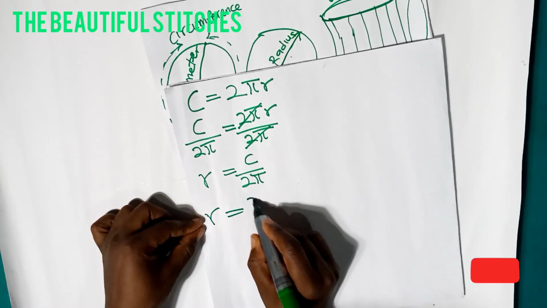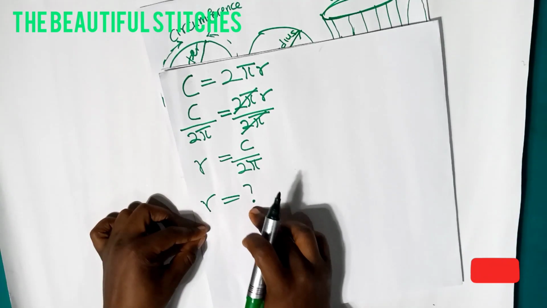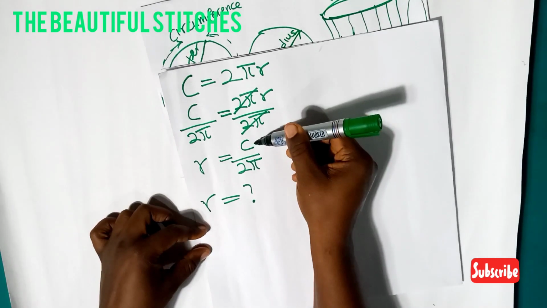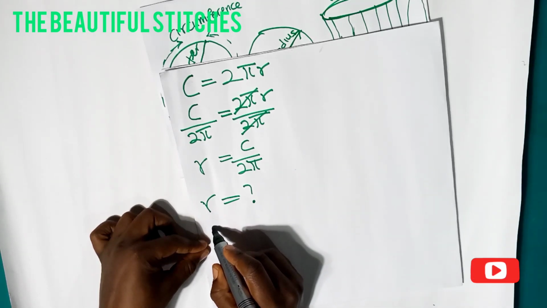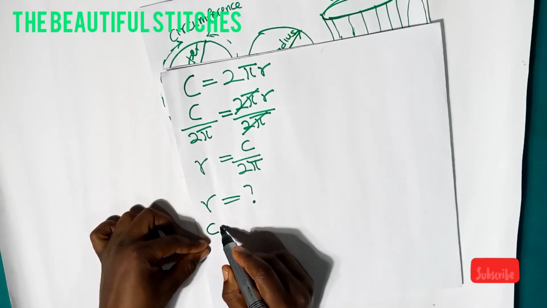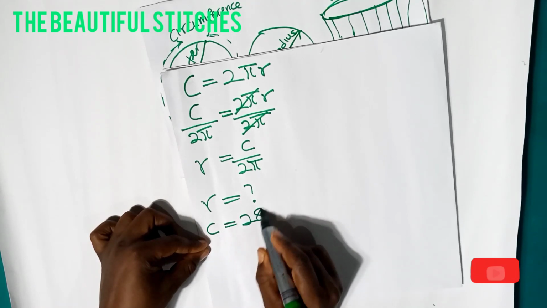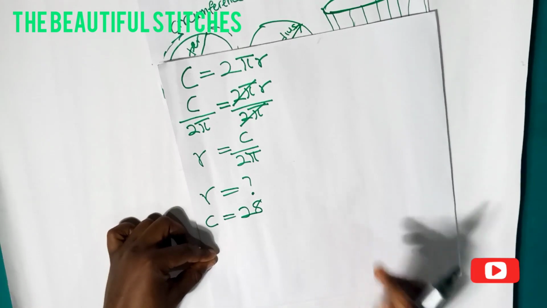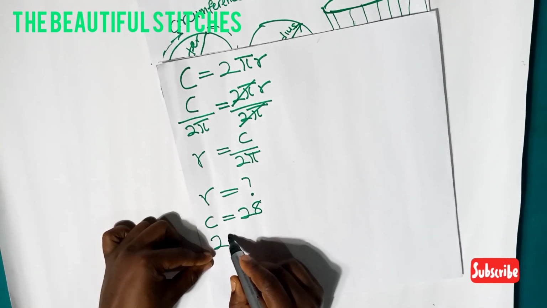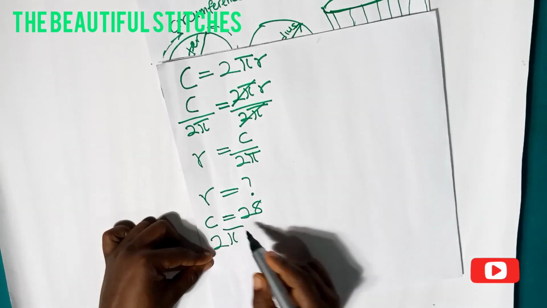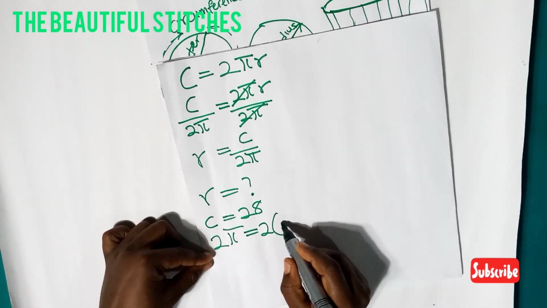For the radius, this is what we are looking for. So we don't know the radius of our circle. Then for the circumference, let's use an example. Let's say the circumference of our skirt is 28. Then for this 2 pi, we have 2 times the value for pi, which is